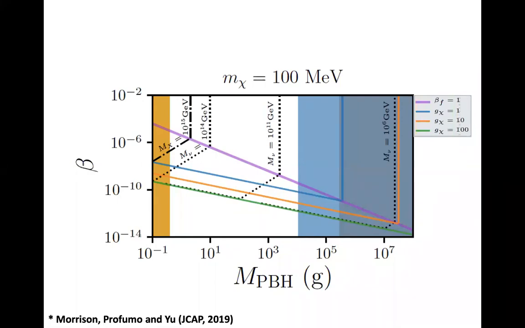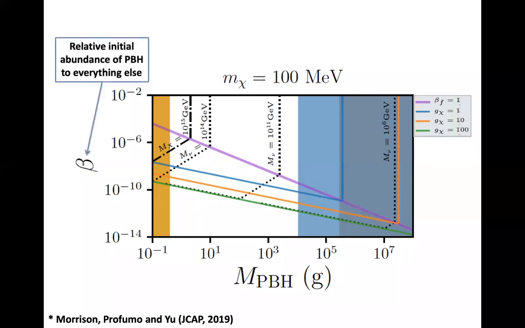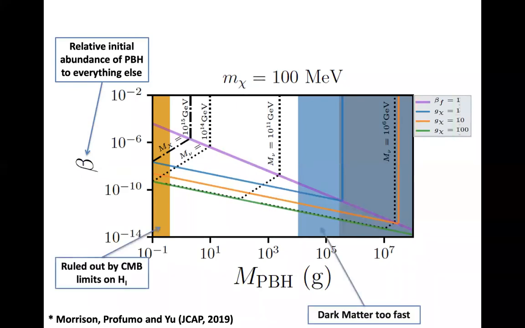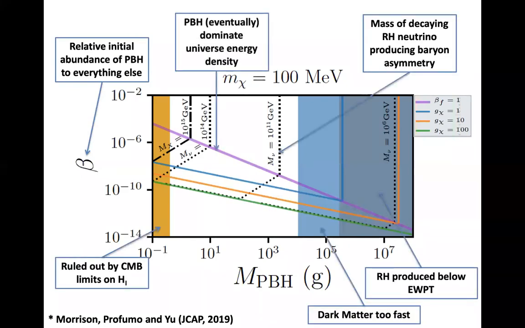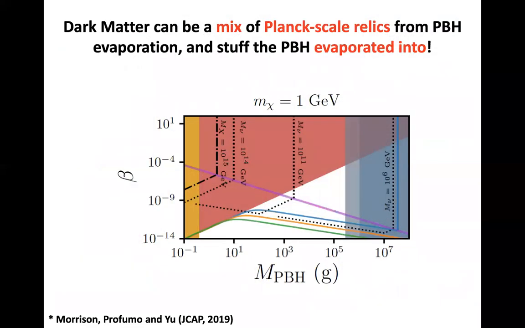And so knowing that, you can calculate in the plane of the mass of the PBH versus the relative abundance of PBH at PBH birth, where on this parameter space you want to be. You can also produce matter-antimatter asymmetry in this mechanism through, for example, evaporation into neutrinos and subsequent sterile neutrinos and subsequent leptogenesis. So I don't have time to go through this, but what we do find is that you can